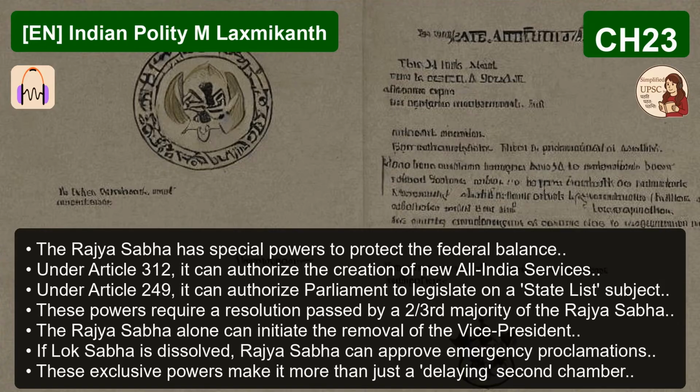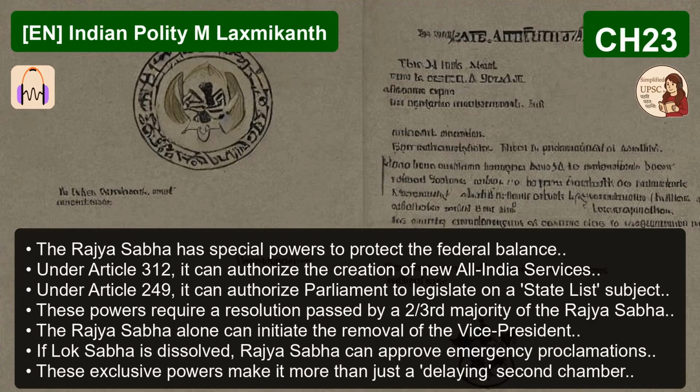Finally, let's revisit the external checks on Parliament, focusing again on judicial review and clarifying the limits of individual member immunity. Judicial review, as we established, is fundamental. Both the Supreme Court and the High Courts can declare laws enacted by Parliament as void and ultra-vires if they contravene any provision of the Constitution, especially fundamental rights. And on a personal level, what are the limits on an MP's immunity from arrest? This is a key practical detail.